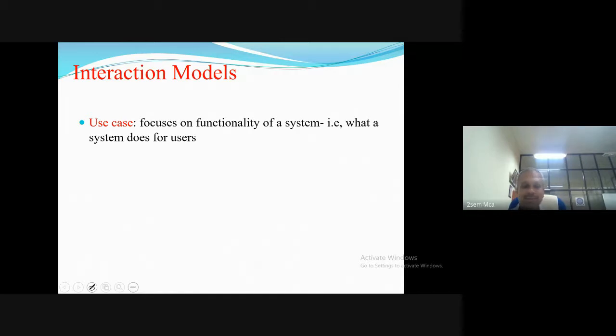But my interest in use case is, when you go to the login, what are the possibilities I can get? I may have a user ID problem. I may have a password problem. If it is a user ID problem, I may be asked to sign up. If it is a password problem, I may be asked to use forgot password, or I may be blocked by this website. Anything can happen. So those finer details are what we focus on as the functionality of a